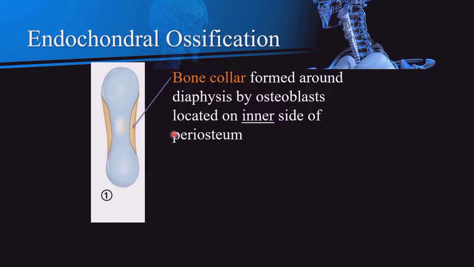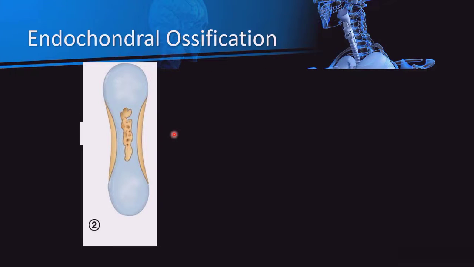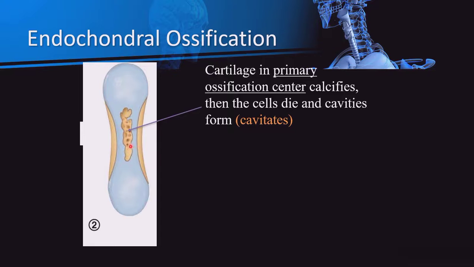Okay. Now in the second picture, there is a primary ossification center. So what is a primary ossification center? It is the ossification center where the ossification starts at first. When you view the picture carefully, at the center portion of the cartilage, you can see the appearance of the primary ossification center. Now the cartilage that is present in the primary ossification center starts to calcify, and then the cells,